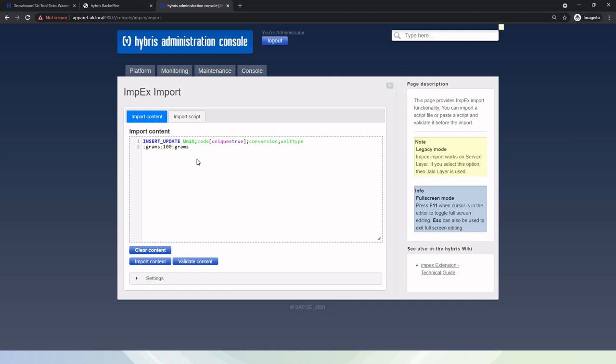As we have just seen, the grams is not present but the pieces is present. So let's change something in the pieces. I am changing the conversion and the unit type to PC.